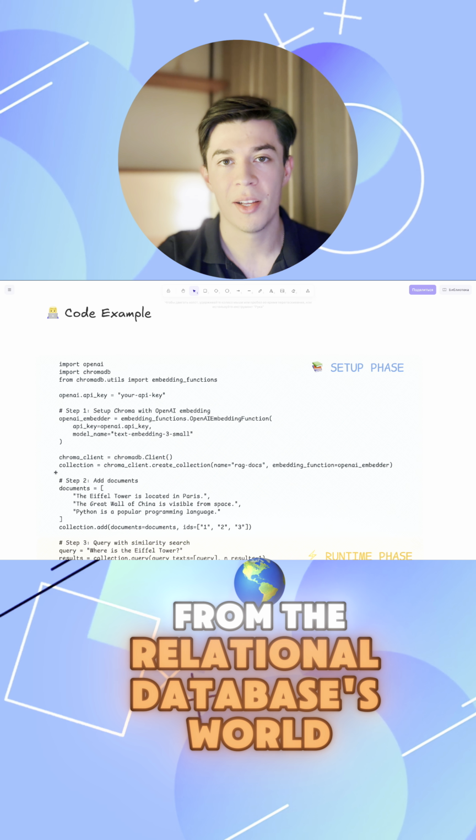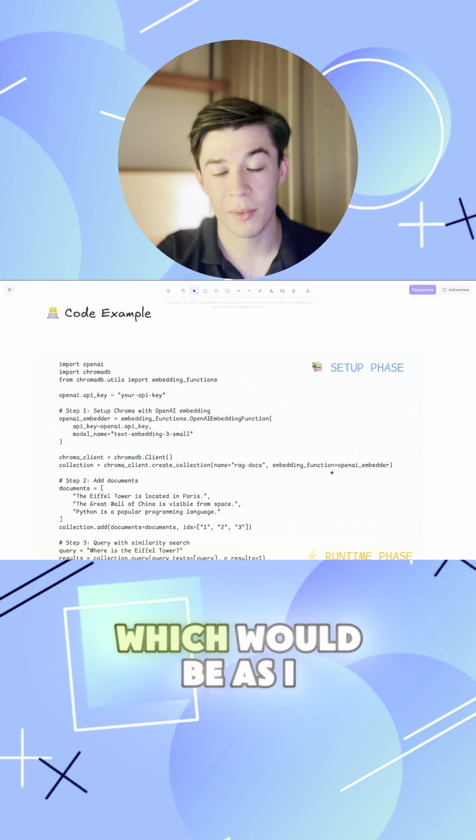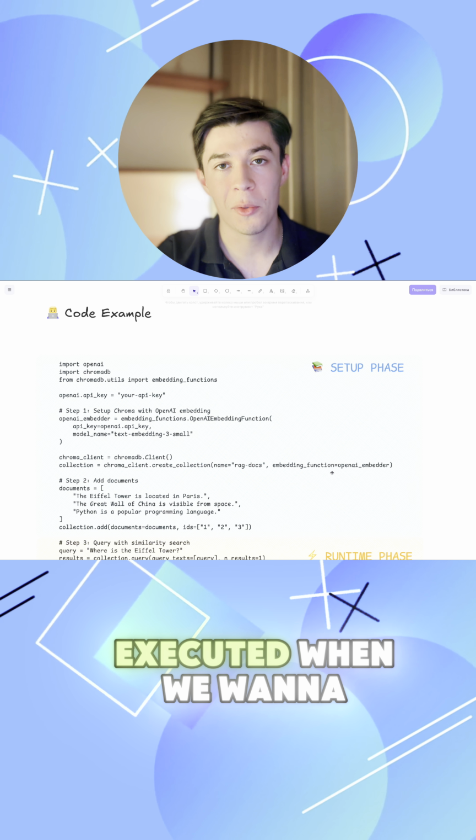First, what we need to do is set up the vector database client with OpenAI embedding. As we can see here, I use Chroma for the vector database in our case, and we also need to initialize the embedding function, which would be executed when we want to do the embeddings of some text. Here we can see that we initialized the Chroma client and we create the collection. This is some kind of database, as you can see it from the relational databases world. And we will also provide the embedding function, which would be, as I told before, executed when we want to